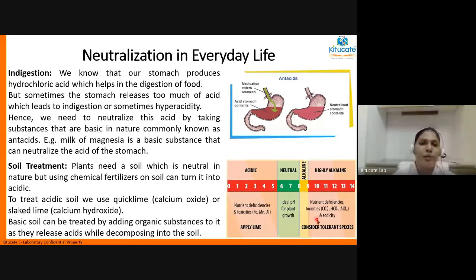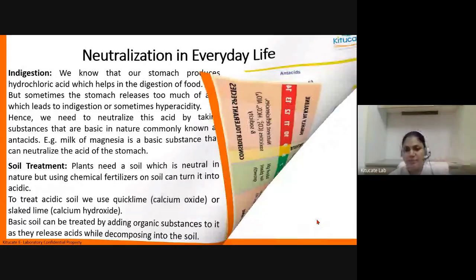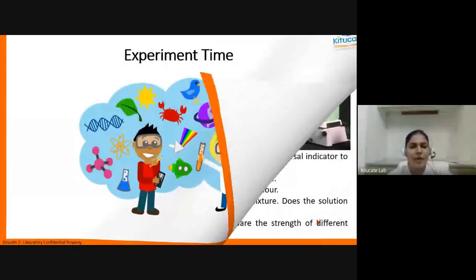So it is very important that the soil that we use to grow crops should be in the pH range of 6 to 8. Okay, so what we are going to do is we will be checking what is the pH of the soil, and what happens if the pH of the soil is acidic, how do you treat it, and how the soil becomes acidic. So we'll be learning about all of that. So let's quickly move to the first activity of the day, that is about antacids.